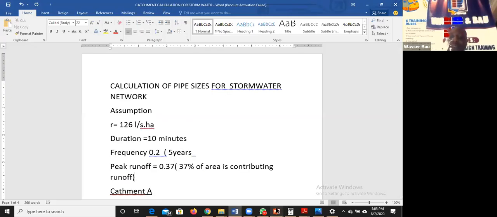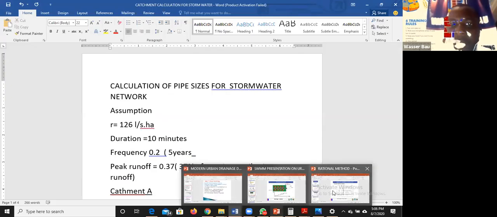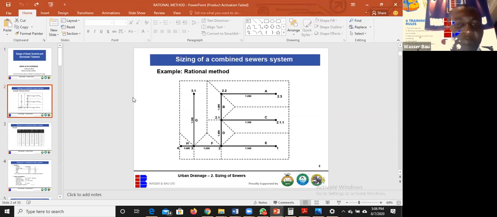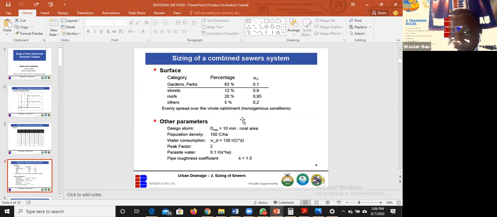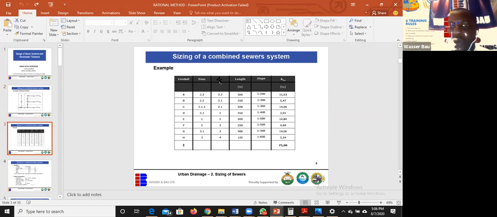So next, gentlemen and ladies, we have just finished part one, designing the sewer network. The next thing we're going to do now is design the stormwater network. If this same drawing has been given to you and you are asked to design the stormwater network, what do you do? The first thing you do, as we said, is that you write down